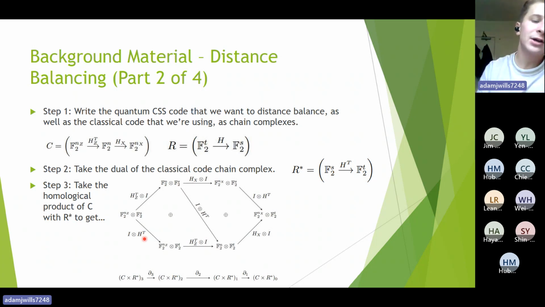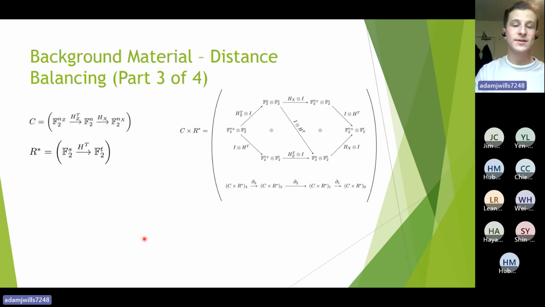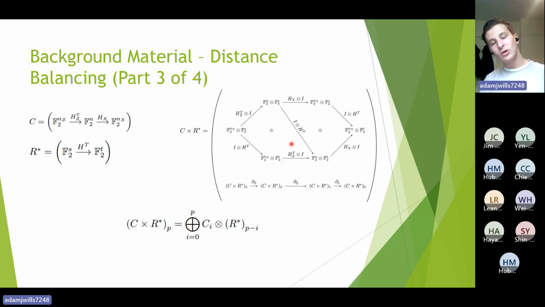So that's how you read this diagram, but I still haven't told you where this diagram actually comes from. We know it's the homological product of C with R star, and that gives you C cross R star. But how do we actually recover this diagram? Well, this is the formula for the spaces. So C cross R star sub P is going to be the direct sum from I equals 0 up to P of the ith space of C tensored with the P minus ith space of R star. So for example, if you put P equals 0,